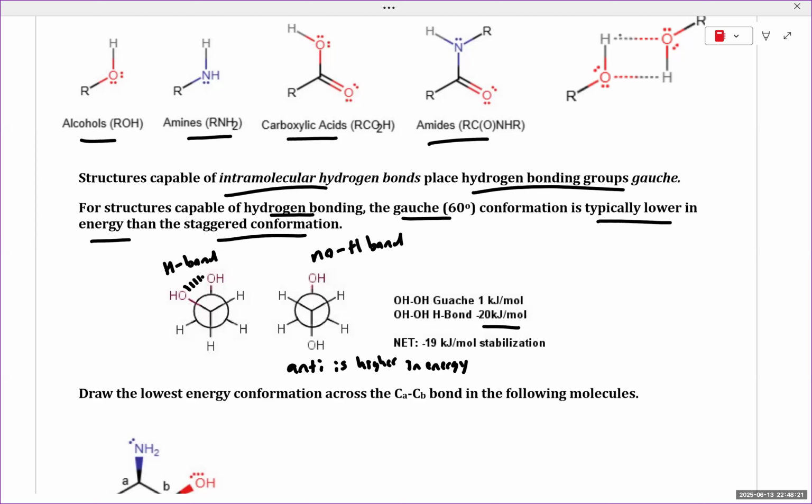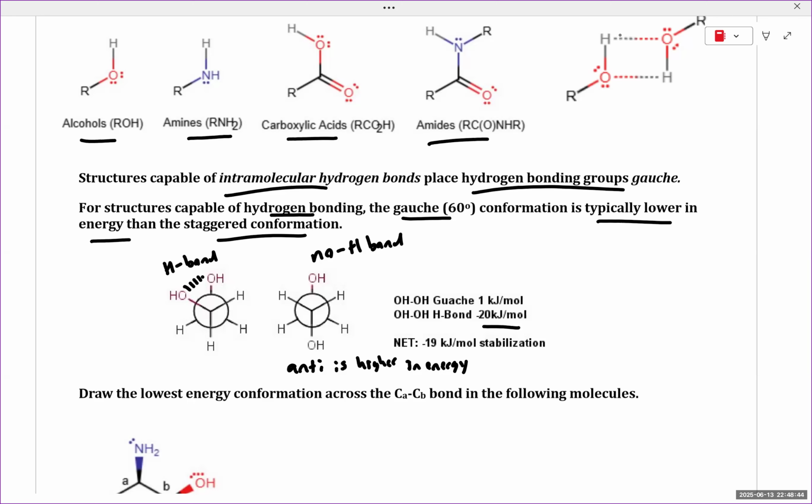because it lacks that stabilizing intramolecular hydrogen bond. Now, hydrogen bonding is great and all, but we still don't want to place our substituents eclipsed. We want to place the hydrogen bonding substituents gauche, so they're close enough in 3D space, separated by a 60-degree dihedral angle, and thus these two substituents can hydrogen bond, and we can stabilize our molecule through that hydrogen bonding